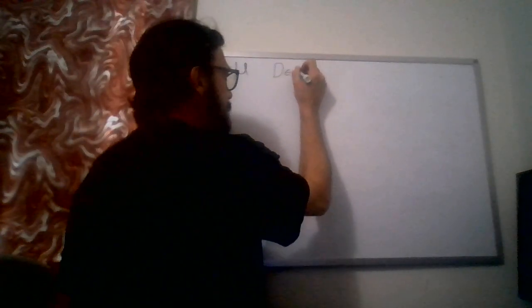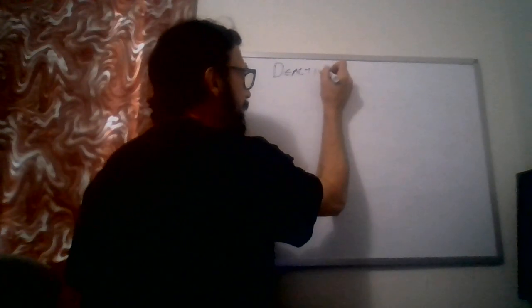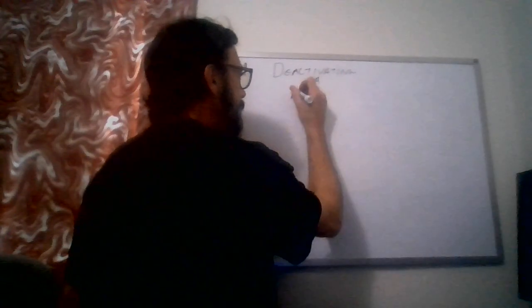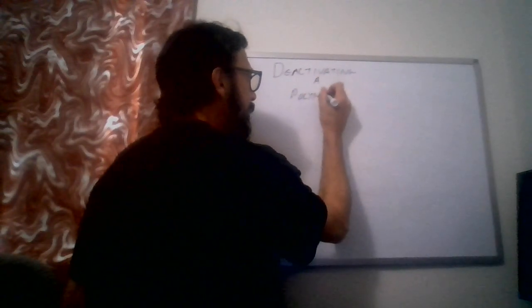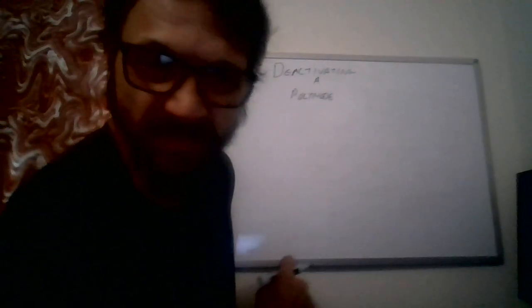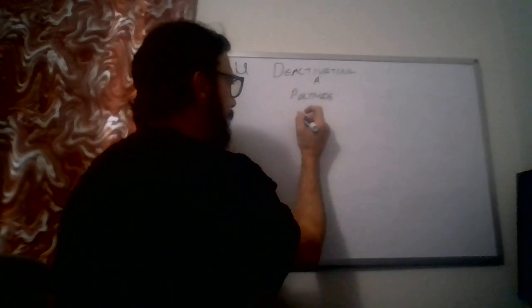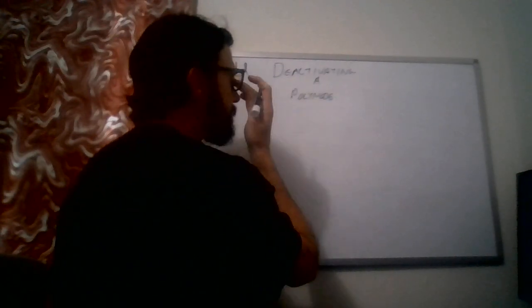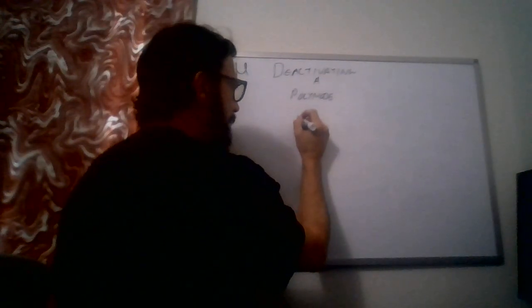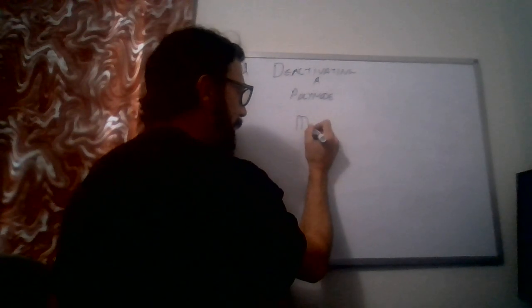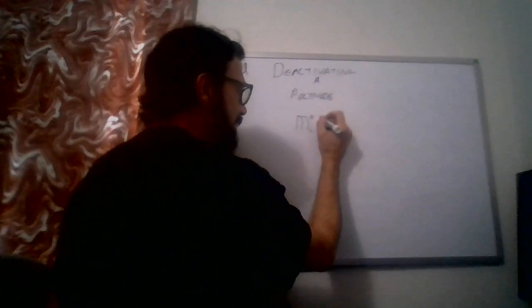So, first off, we'll call it deactivating a polynode. A polynode essentially is any node that has more than one of itself